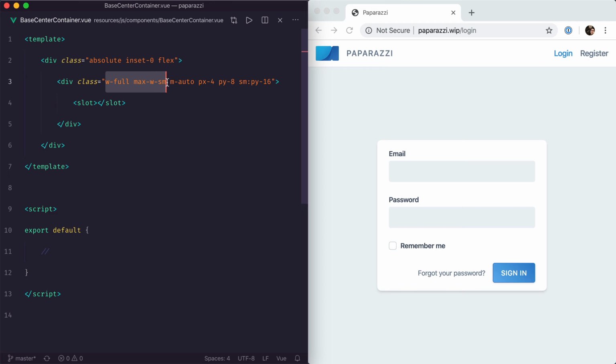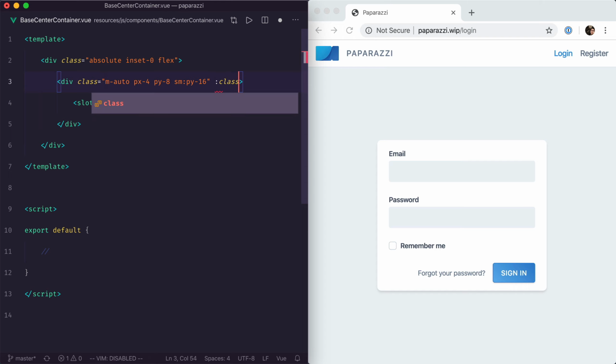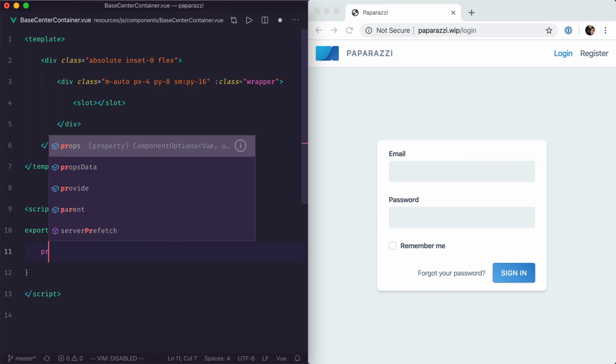So for that reason, we really need those two classes to be dependent on the page itself and not applied by default to all of them. So we'll just remove them from here and allow the user of that component to define them in a wrapper props. So now all that's left to do is to define that props down here. So props